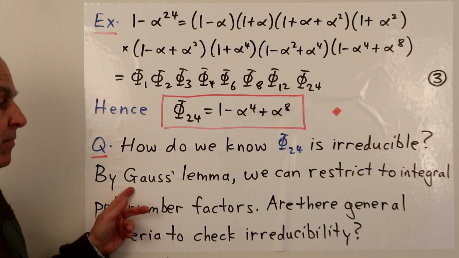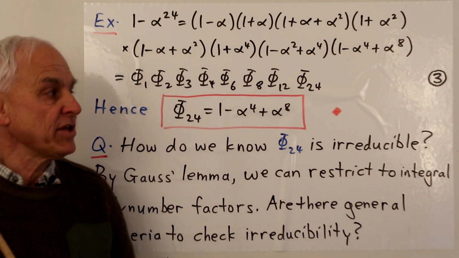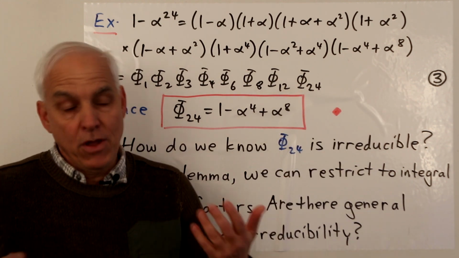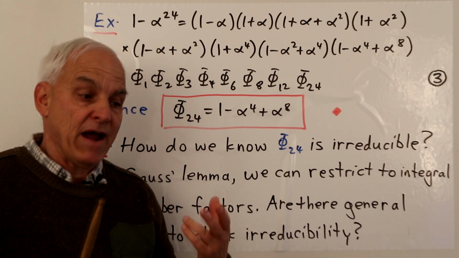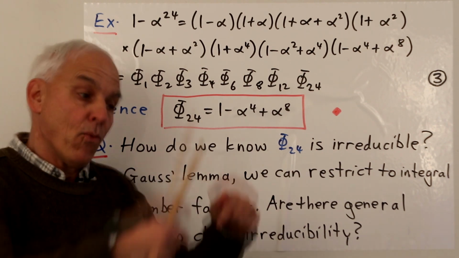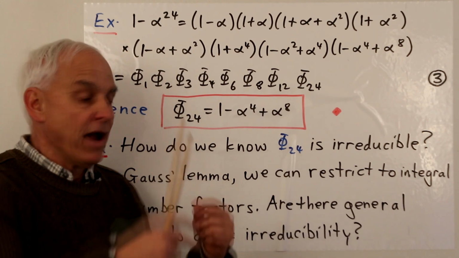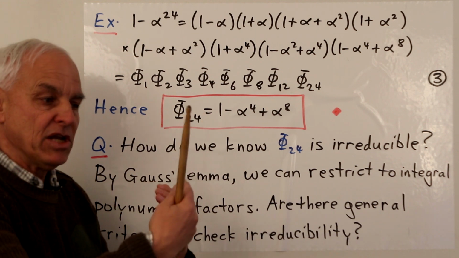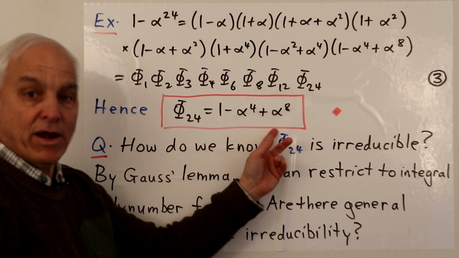By Gauss's lemma, we can certainly restrict to integral factors. So this is one approach. So let's say we wanted to test by hand whether this thing was irreducible. One way would be to naively say, okay, let's suppose that maybe it's a product of a polynomial of degree 2 times a polynomial of degree 6. Well, those coefficients of those polynomials have to be integers. And so we could write out what they are, and then we could sort of equate sides and get some conditions on those integers, because after all, the product of those two polynumbers has to be this one here.